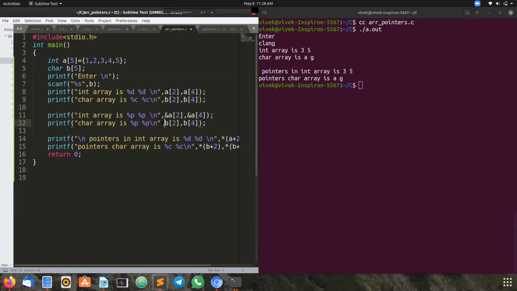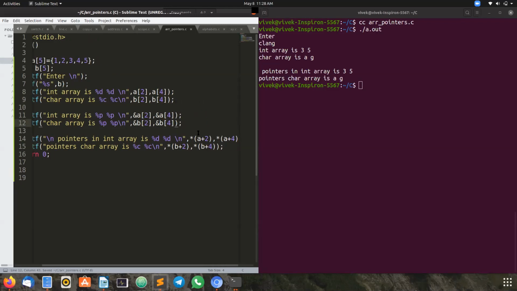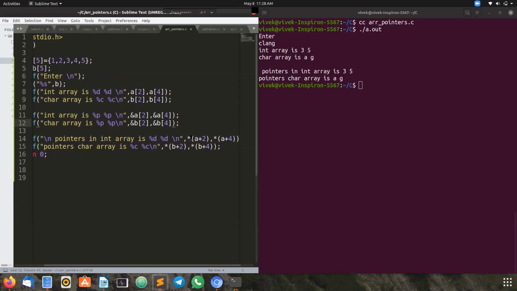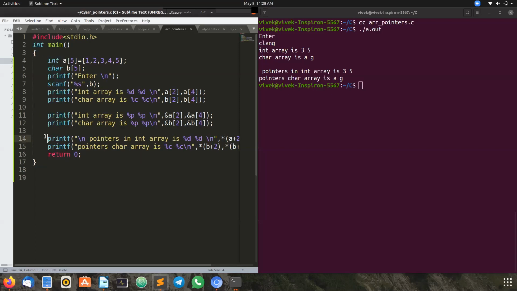Yes, this is the normal way of doing it. But for pointers, the pointer itself is an address, so there is no need to put any ampersand. Am I right? Yeah. Okay, sorry, I will show you with 2 more statements.